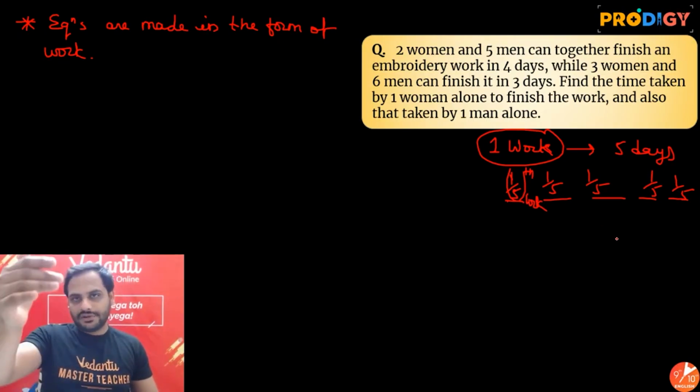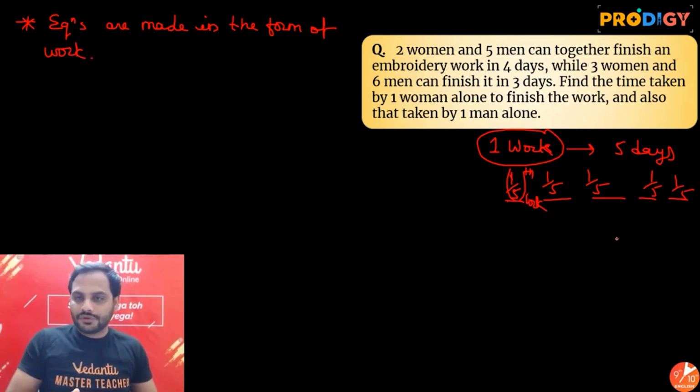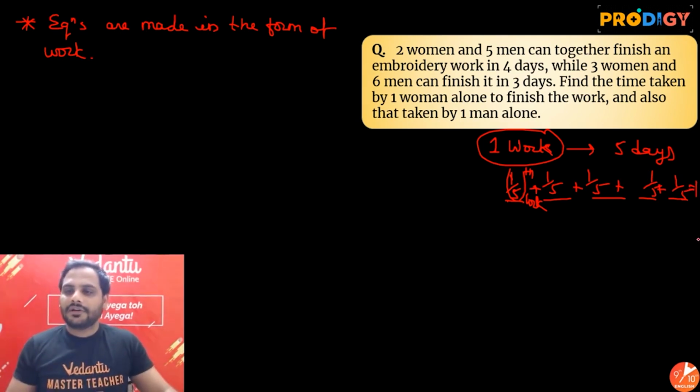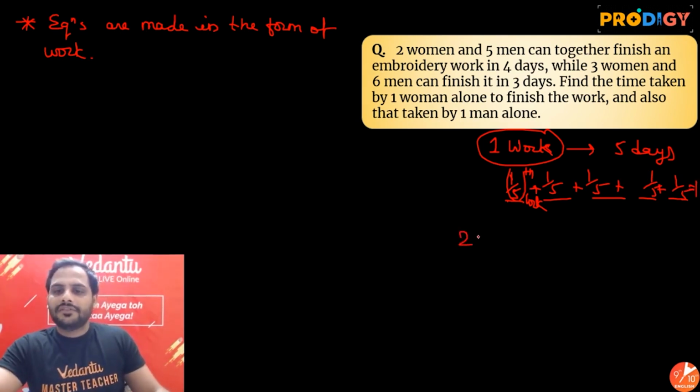1 by 5th of the total work. Second day 1 by 5th of the total work. Third day 1 by 5th. So in this way, if I add all of them, at the end I have got one work, total complete one work. ठीक है, if I complete this one work in suppose 2 days, so I will complete each day half of work,